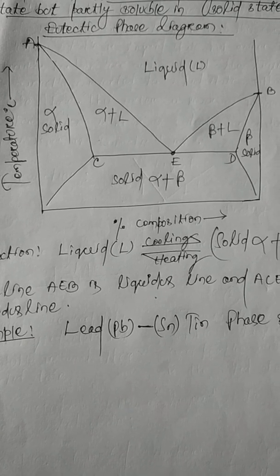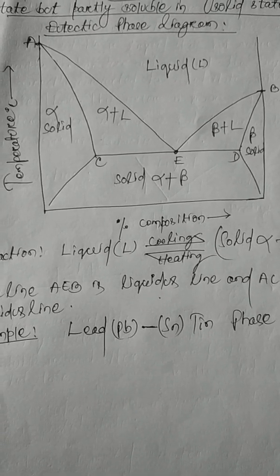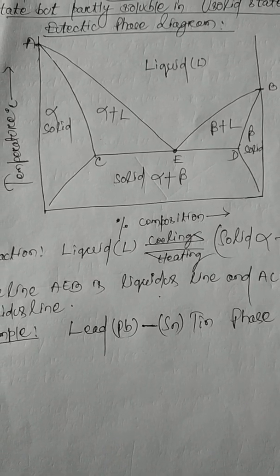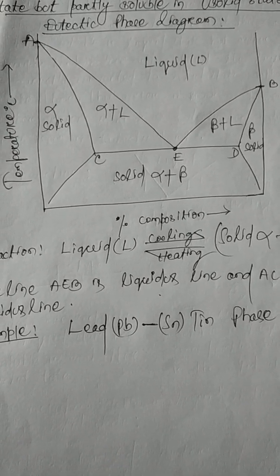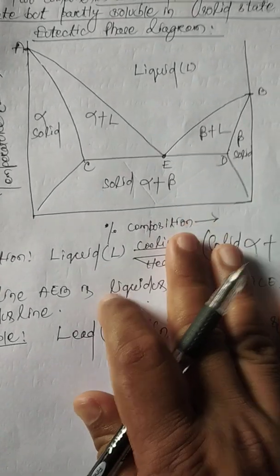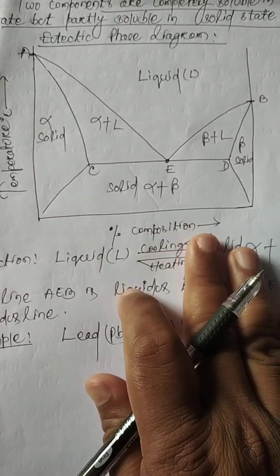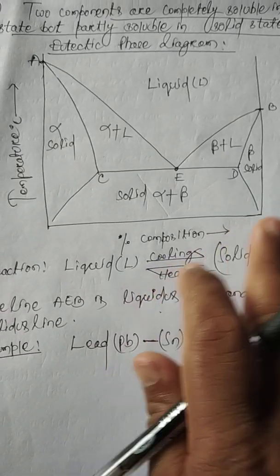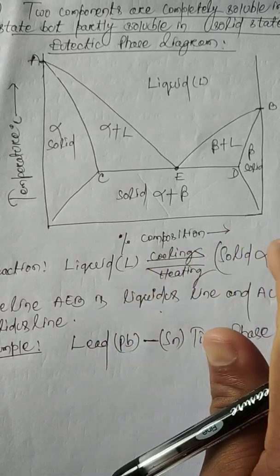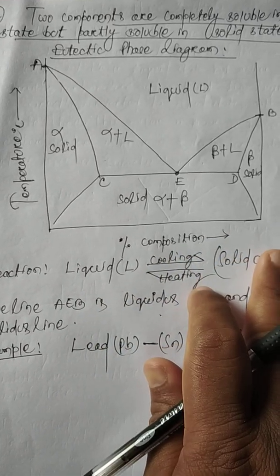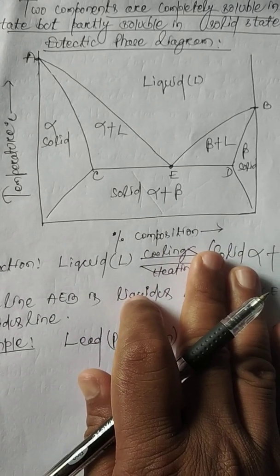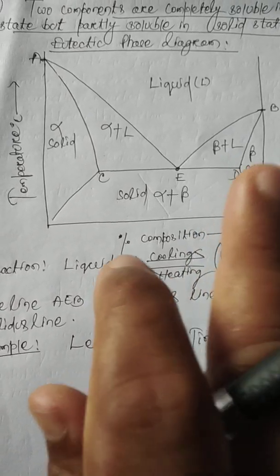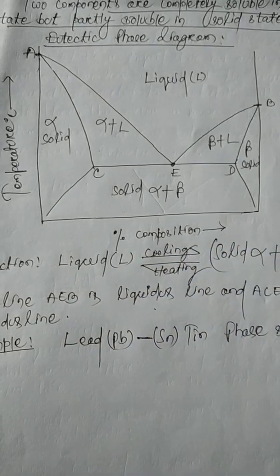Why are we doing the study of the phase diagram? Previously I already discussed, guys, that we use different components of alloy. So we are discussing the phase diagram, that is the binary phase diagram. Under the binary phase diagram there are different systems. We already discussed the isomorphous system, then we are discussing the eutectic system. Now we will discuss the eutectic system in classification 2.